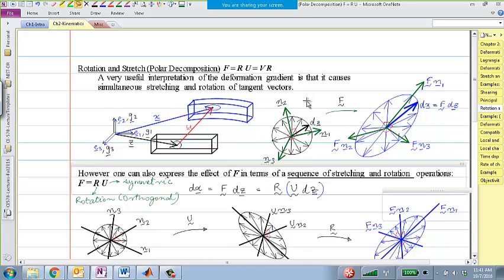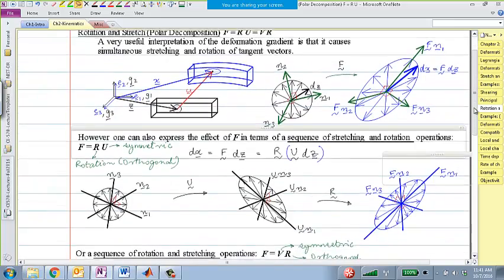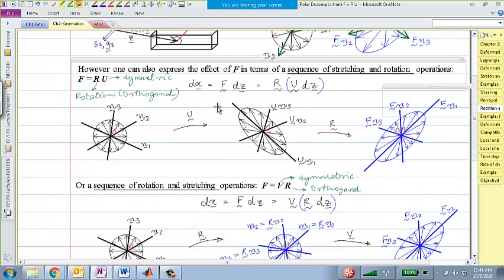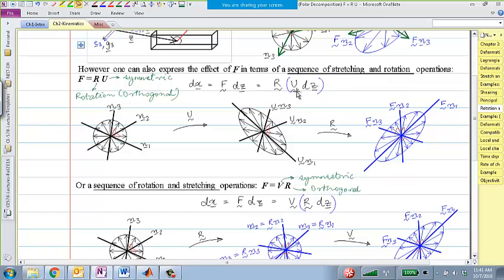and stretch. I told you that F could be decomposed in this form, like R times U tensor or V times R tensor, which meant that basically if you decompose F as R times U, then the U tensor, which is a symmetric stretch tensor, acts upon dZ vectors. Those dZ vectors are these undeformed tangent vectors. Then the U tensor acts on those, stretches those corresponding eigendirections of U by an amount